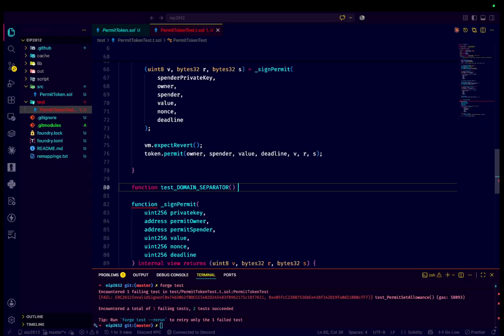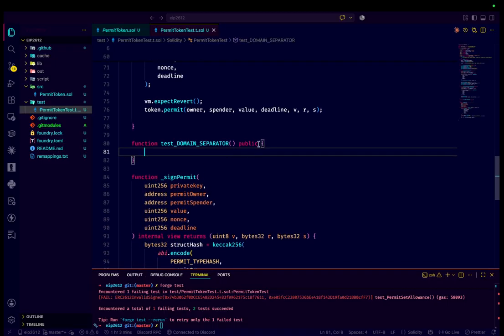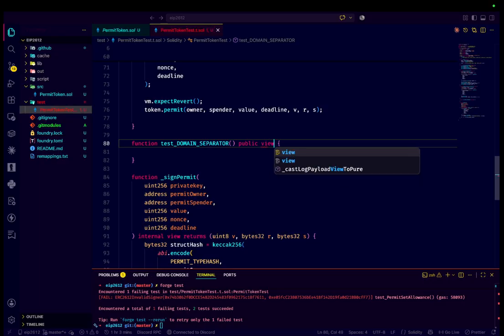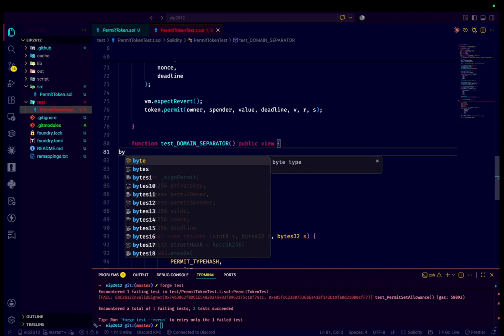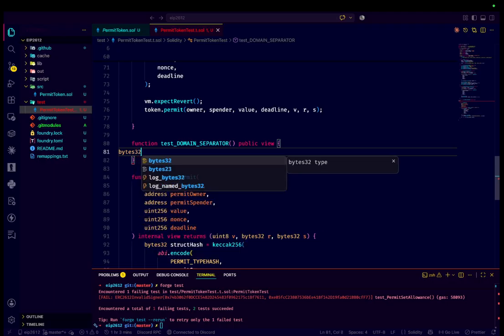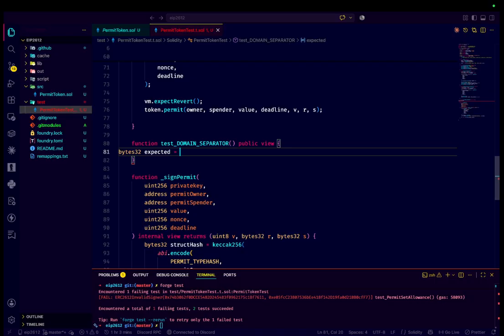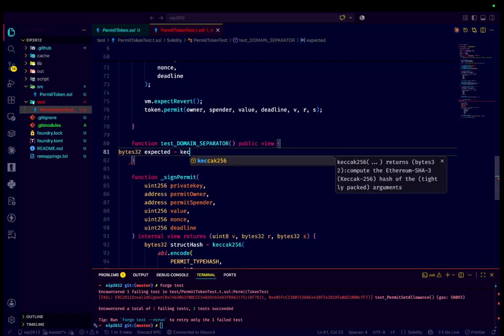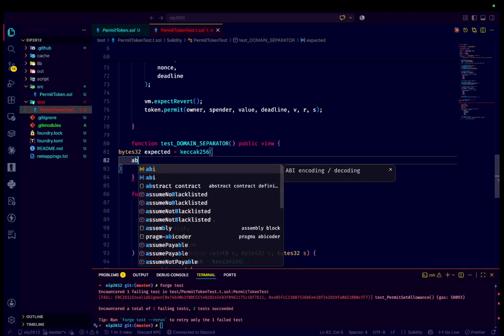Let's make it public, and we also need to make it view because we are not going to modify any state. So let's take a local variable here, bytes32 expected is equal to keccak256, and inside that abi.encode,